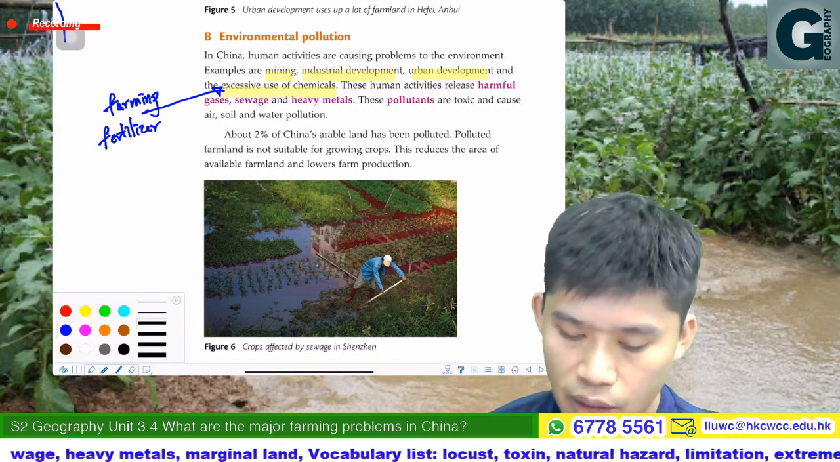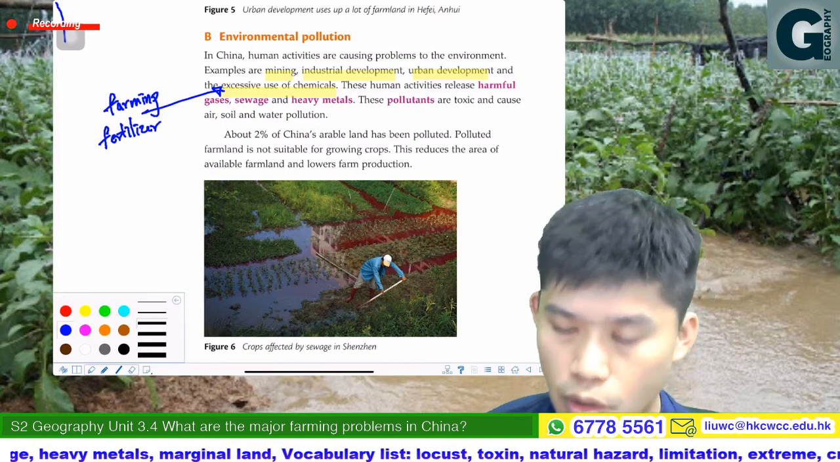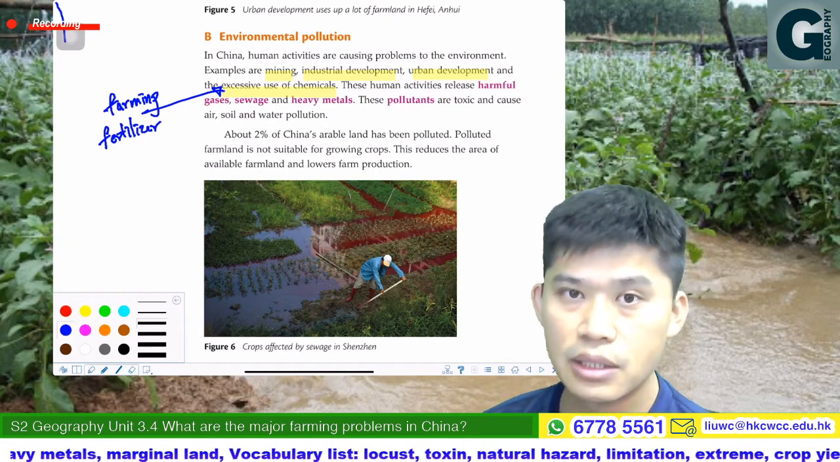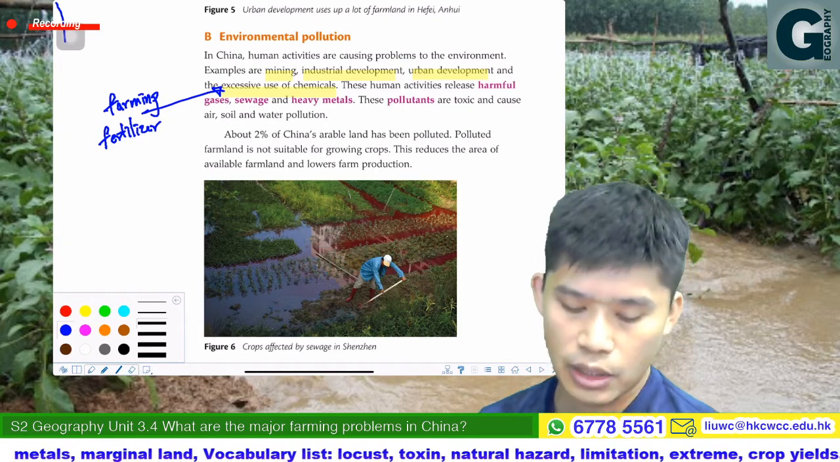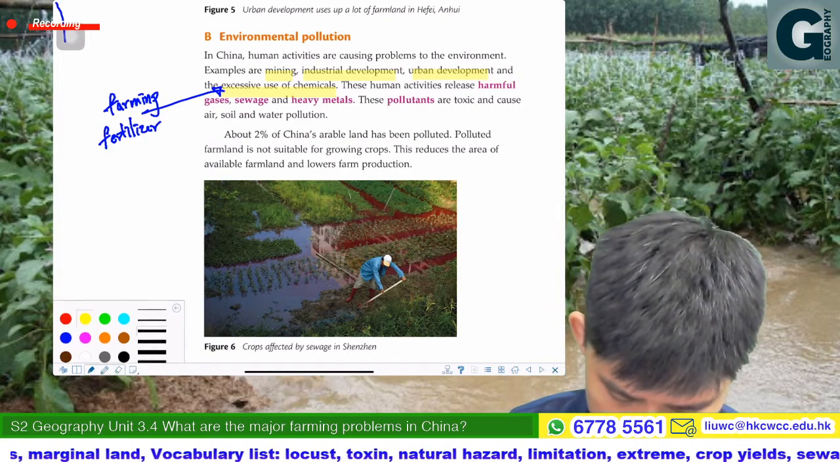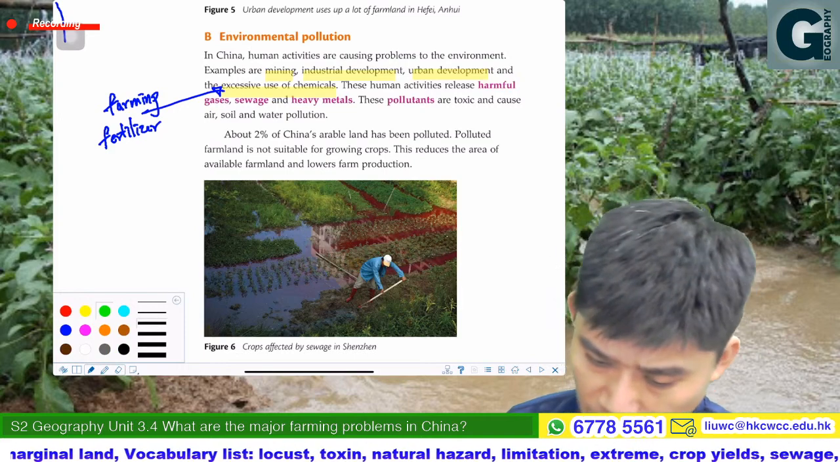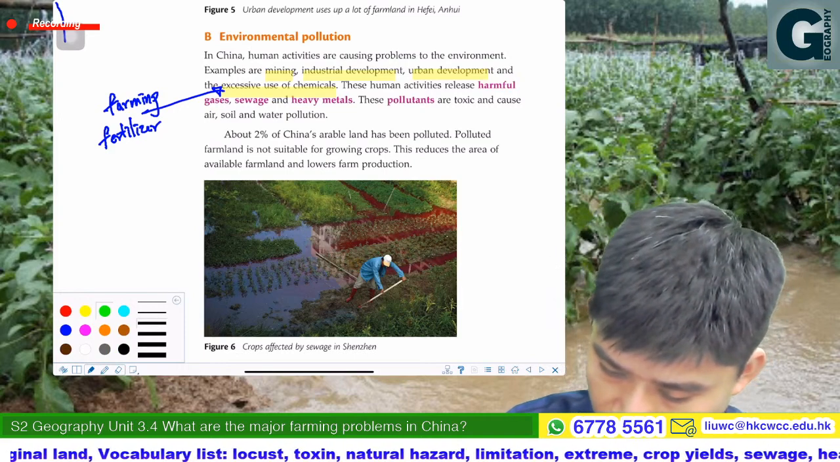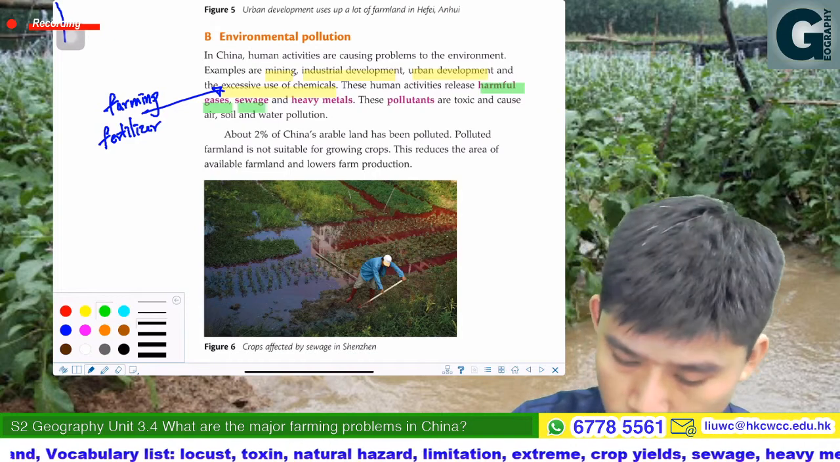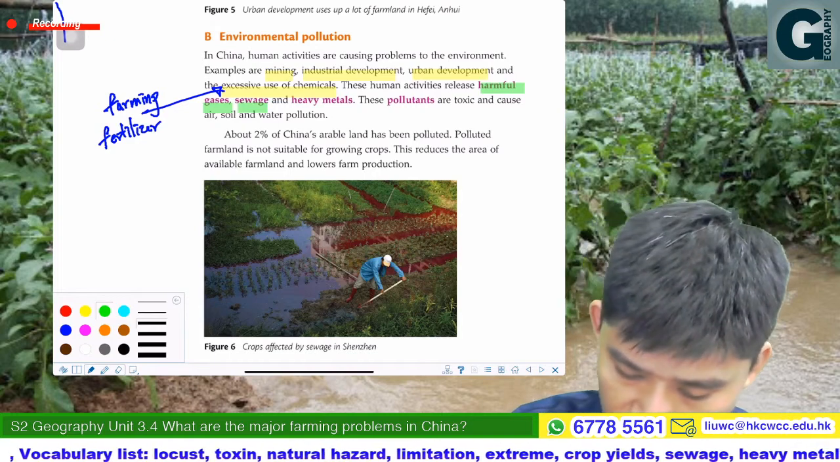say like farming, it will also lead to the use of the chemical. If the use of the chemical that is too great, so that may lead to the excessive use. So therefore, that would lead to the pollution. So therefore, all these human activities that would release harmful gases, so that would be air pollution, sewage, water pollution, or even like heavy